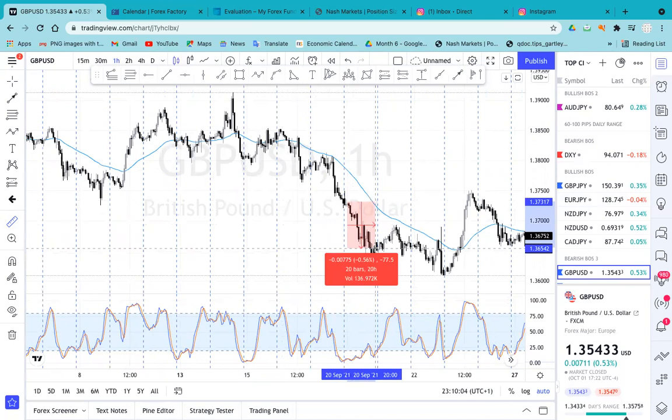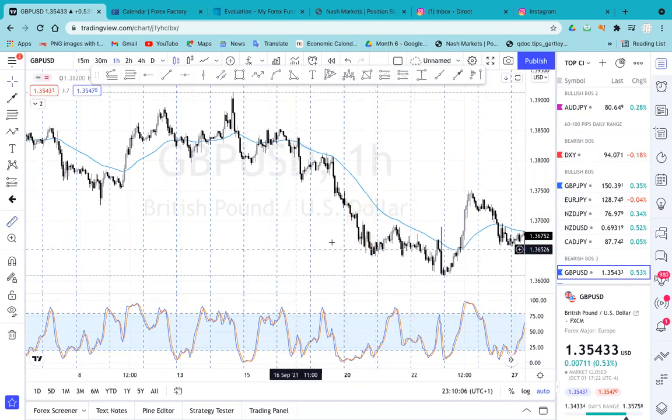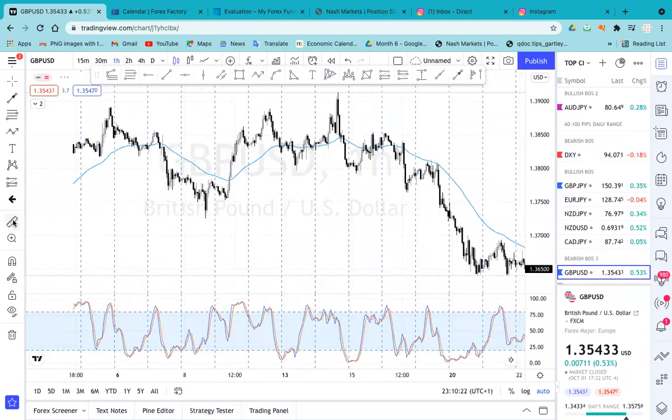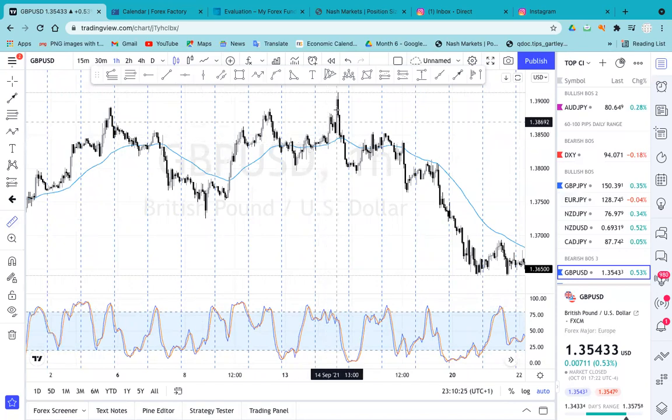So this is 77 pips, right? So if I had entered from this point here, I could have made a whopping 50 pips or more. But if I see that the market is likely going to continue the move the next day, I could hold for a longer period of time. So why I actually did this is because I want to be in the market when it matters the most